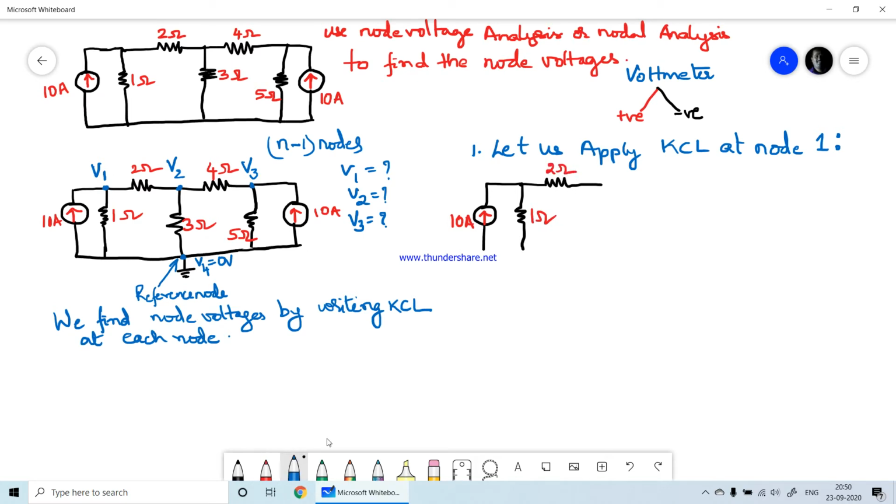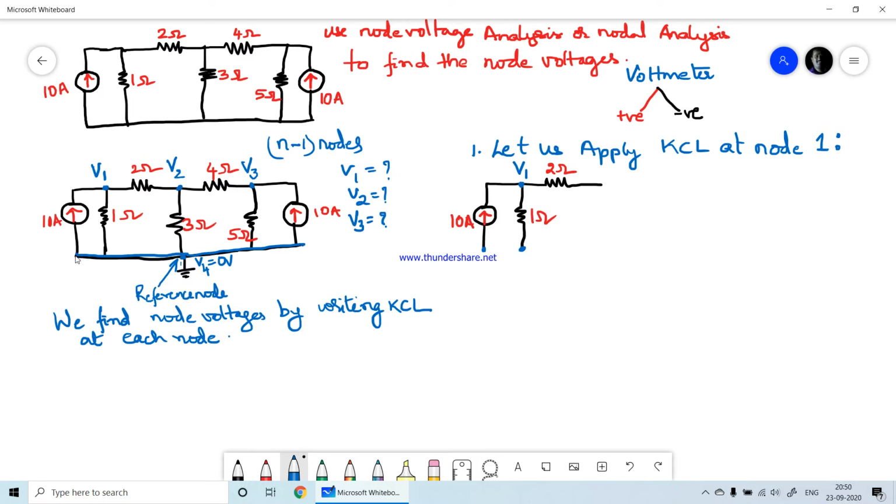Now we will mark the voltage at the node. So this is V1, right? Now what we add this and this node, see in the diagram, if you see this whole thing, whatever you see, this complete nodes, all of it is a reference node, V4 equals 0 volts. Okay, this is all a common point which is connected to ground.